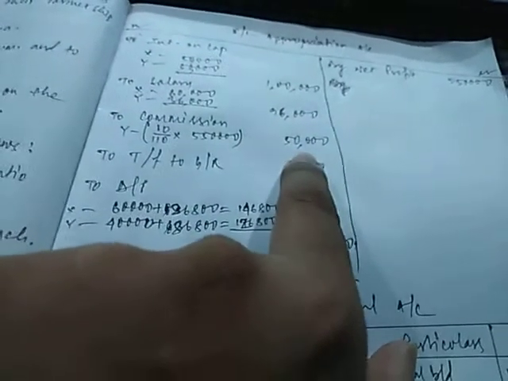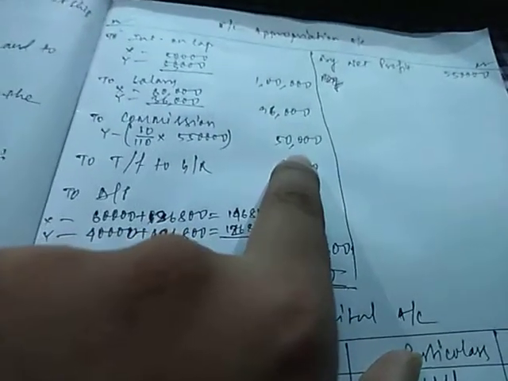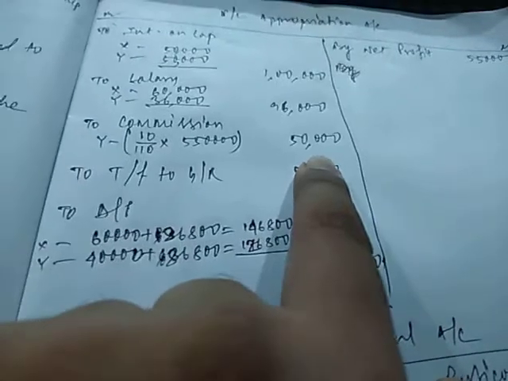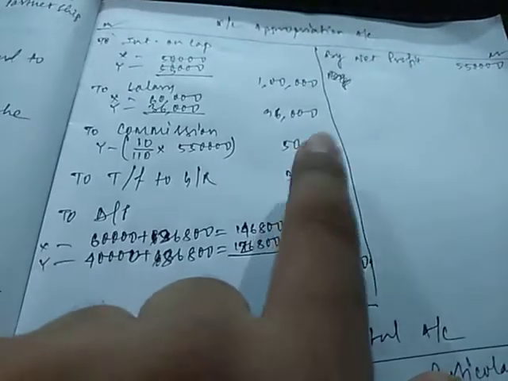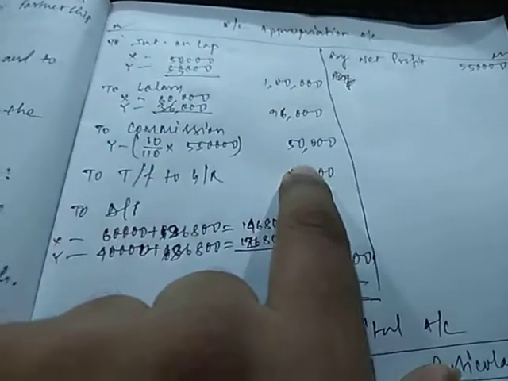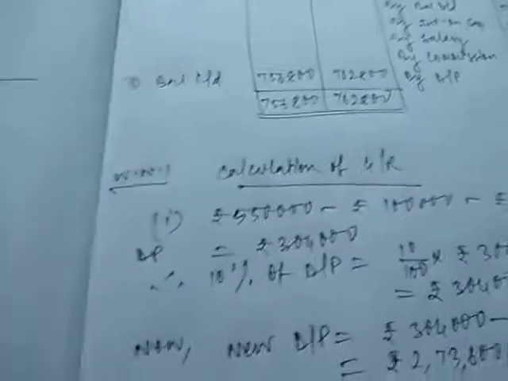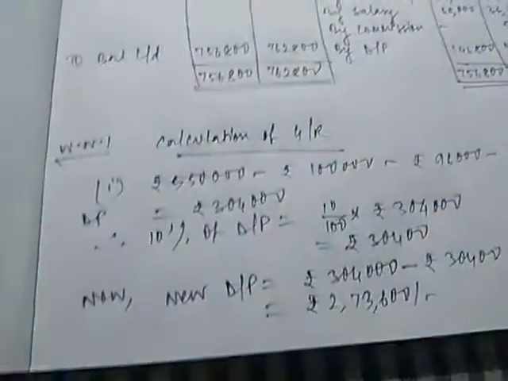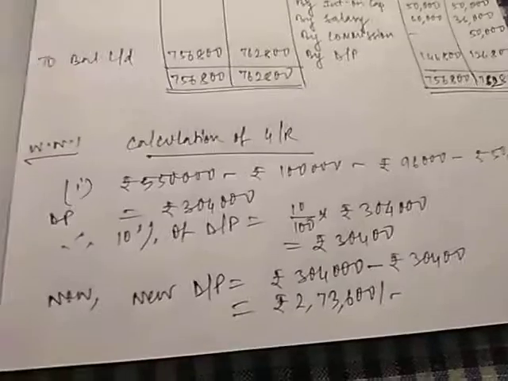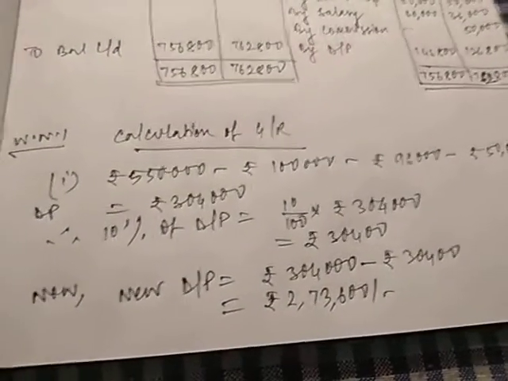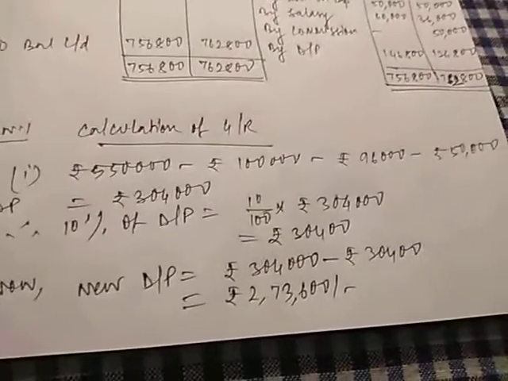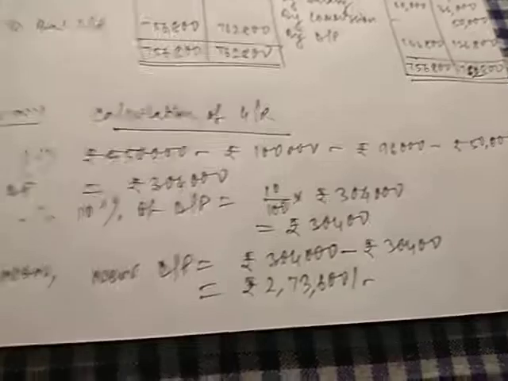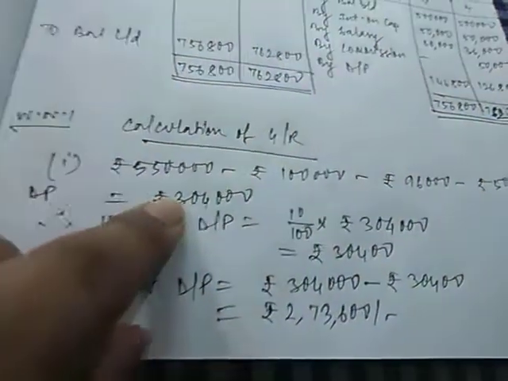You have not written this amount till now. Transfer to general reserve, you are going to find this. So we'll subtract 1,96,000 and 50,000 only, and the amount that remains is what we need for transfer to general reserve. How to find it? For this you need to make one working note, calculation of general reserve. From rupees 5,50,000, the total on the credit side, we will subtract rupees 1,96,000 and 50,000 of commission. So this will give us rupees 3,04,000.